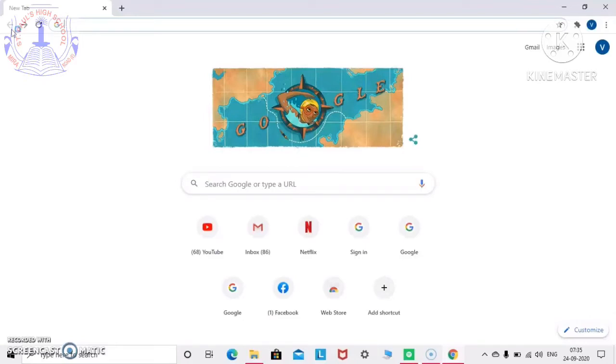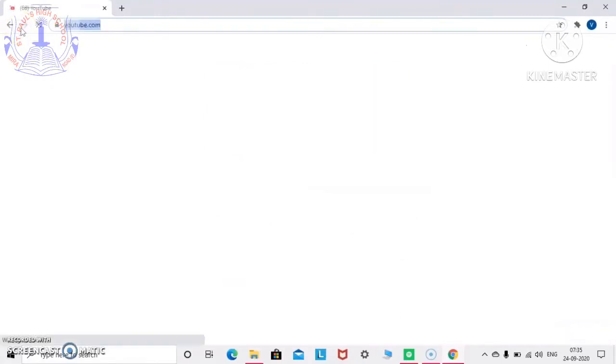Now I have to go to YouTube again, so I will press this forward button. This is my back button and this is my forward button. So whatever page I had opened, the next page will get open. Understood everyone? How to put a link on the address bar? You have to type it, and this is the back and the forward button.